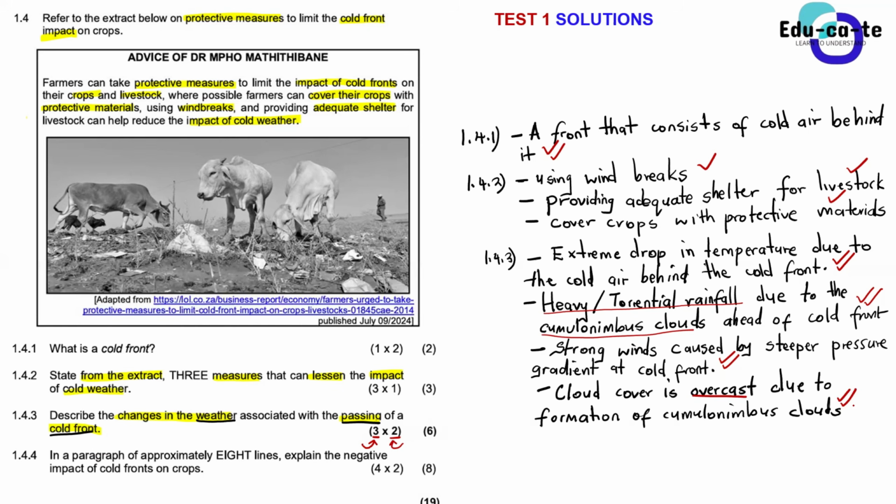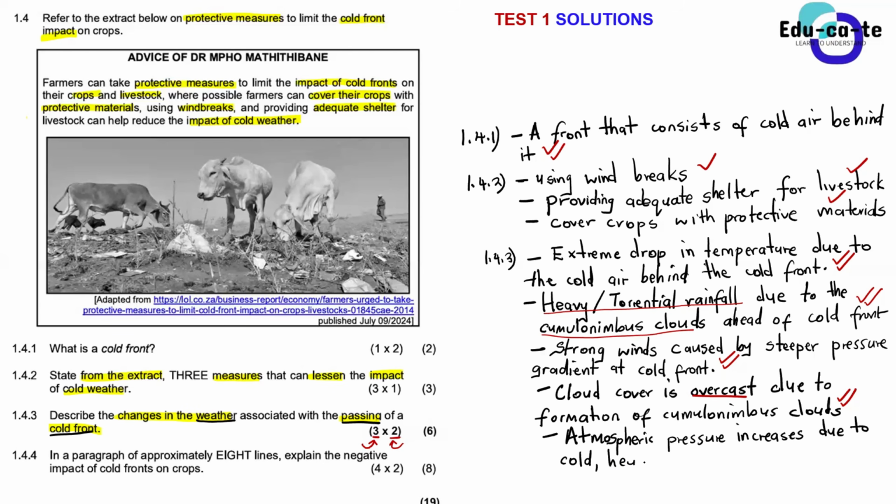You can talk about atmospheric pressure, all right? What happens to atmospheric pressure when a cold front passes? It increases. Why does atmospheric pressure increase? Because the cold front comes with cold heavy air. Yes, so there's an increase in atmospheric pressure there. The reason for this increase in atmospheric pressure is the cold sinking air, cold heavy air.